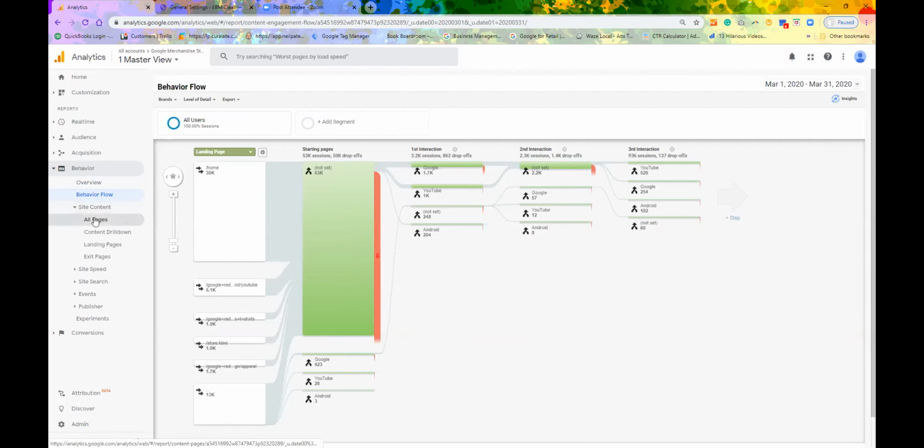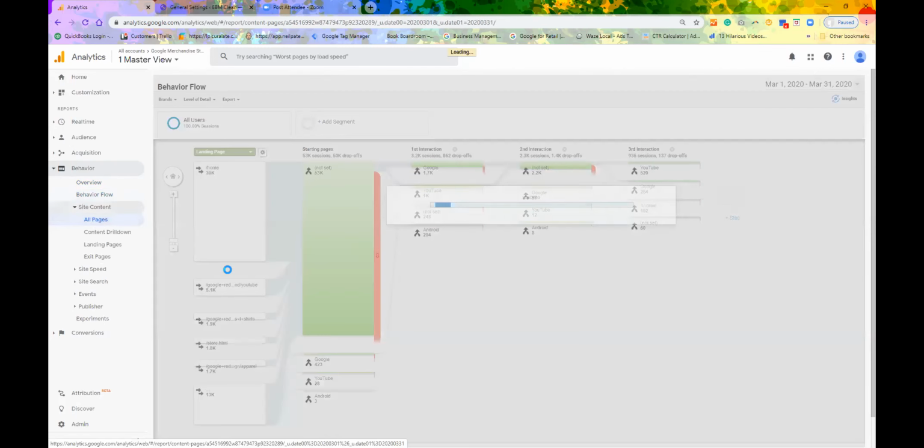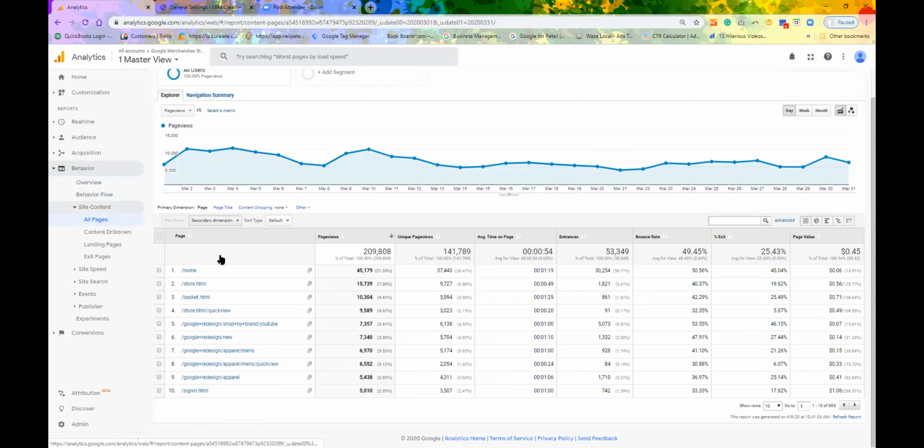Okay, so site content will give you a breakdown of every page. I like this information because I can go page by page and see, if you notice, we only gave this page a value of 6 cents. So all of our values are quite low. But I like to give a page a value because that client or whoever's on that page is there for a reason. At some point,